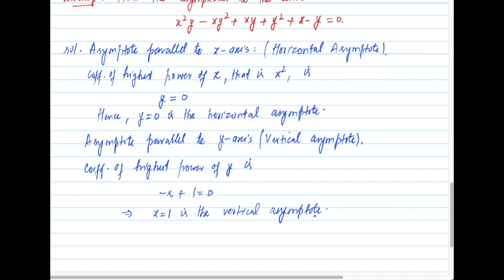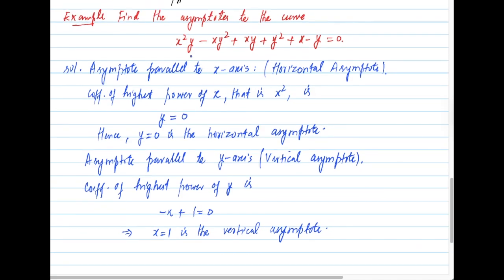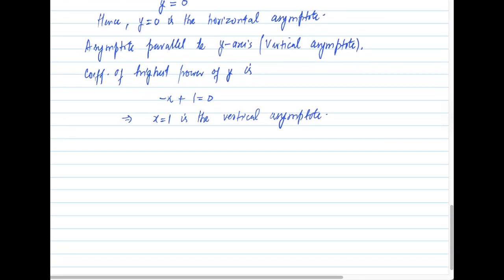तो इस तरह से हम निकालते हैं asymptote parallel to x axis and asymptote parallel to y axis। तो इन दोनों asymptotes में हमें जस्ट देखना है कि highest power of x क्या है और highest power of y क्या है। Then we just have to equate the coefficient of highest power of x with 0 to find the asymptote parallel to x axis, and also equate the coefficient of highest power of y to 0 to find the asymptote parallel to y axis।